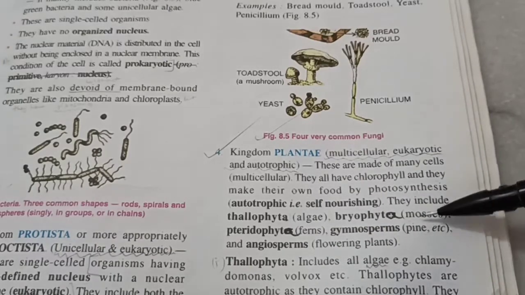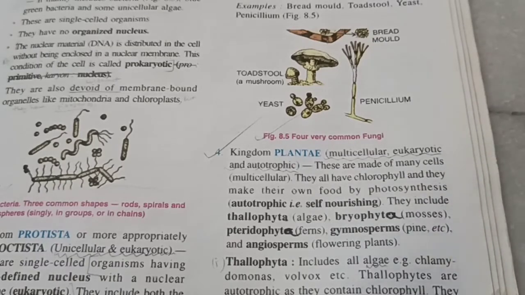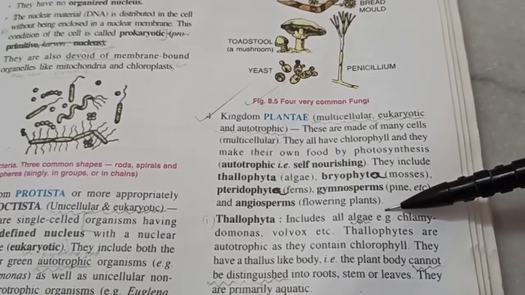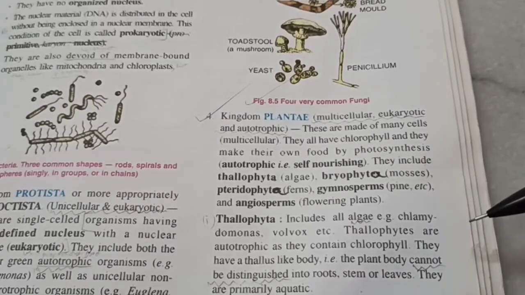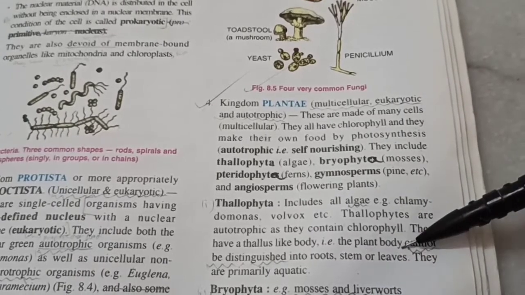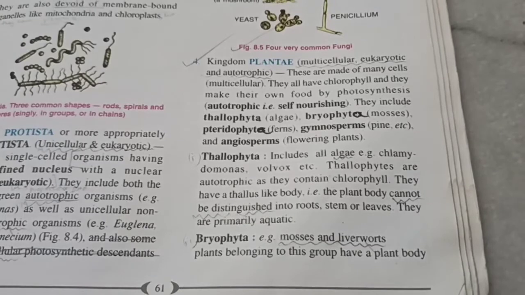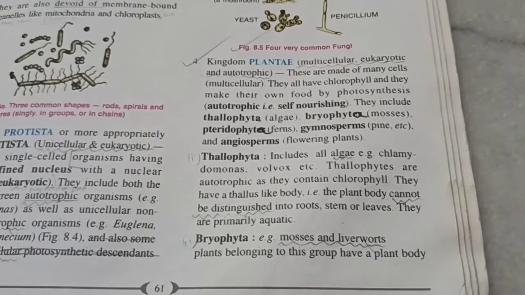There is a flowchart for this as well, but we are not going to study this in detail. We'll just study these terms superficially. Thalophyta example is algae, Chlamydomonas, etc. They have chlorophyll, but they don't have roots, stems, and leaves. They're aquatic mostly. Next, Bryophyta. That's a little more advanced. And in this classification, you will always notice that the next phylum always is a bit more advanced. The next level is always more advanced, more complex. It's as if the higher levels have evolved from the lower levels.